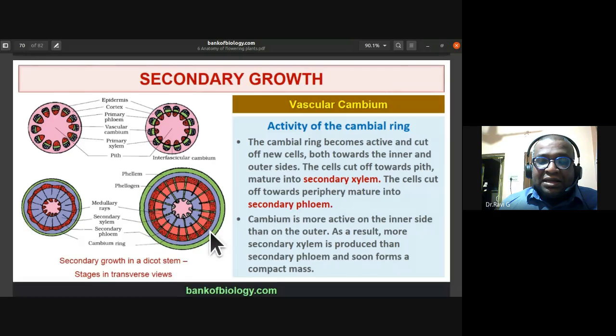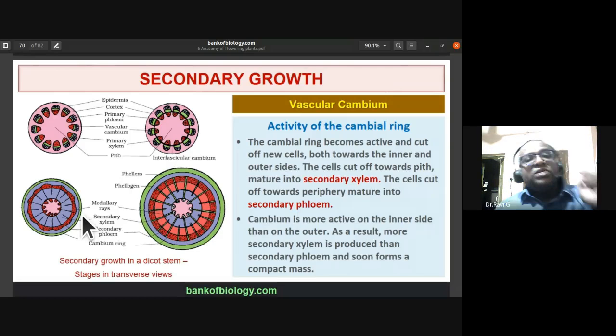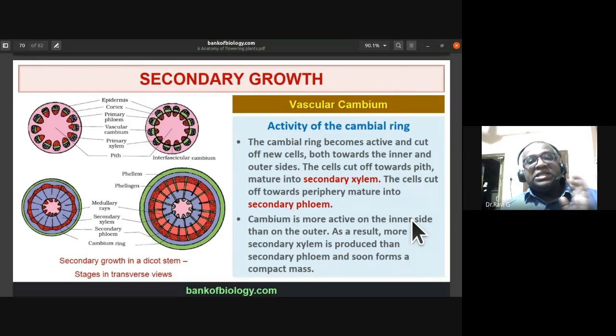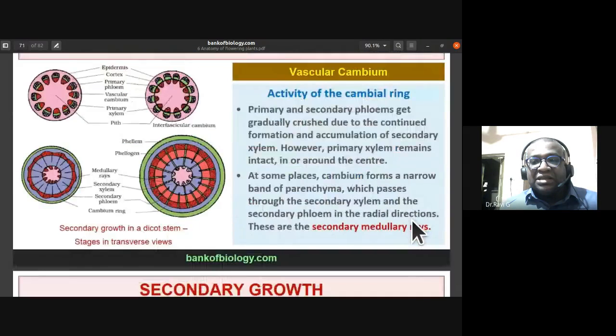Okay, the fourth diagram. So you have to draw all these diagrams and explain, in case they have asked you stellar secondary growth. So what is happening within this vascular cambium, you have to explain. These three diagrams are required for stellar secondary growth. This is extrastellar secondary growth. You require this diagram, that is the formation of cork cambium and others. So now you have understood the activity of vascular cambium.